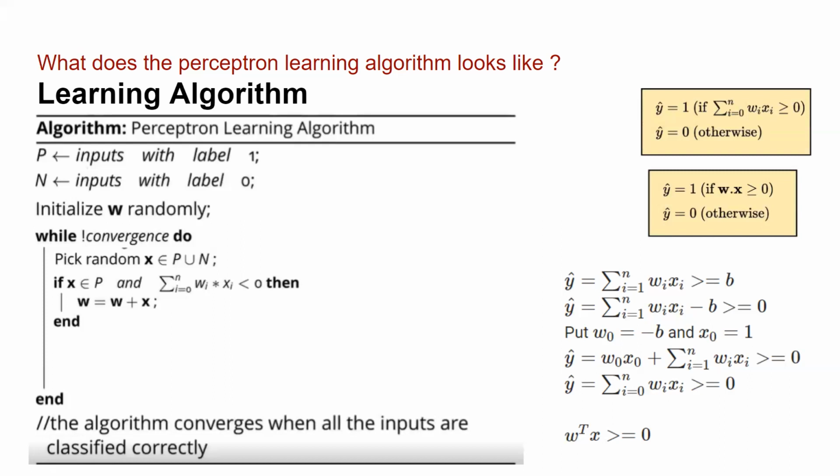So two situations can happen. Either my loss has become 0, which means I have clearly been able to segregate my positive points and negative points, right? Case 2 could be that the points given to me are not linearly separable and my decision boundary is dangling between a few points of positive and negative. In that case also the loss will not change, right? It will remain 1 or 2. That means the model has done its best possible job, but there are still 2 or 3 points which have not been clearly classified into their respective bucket,